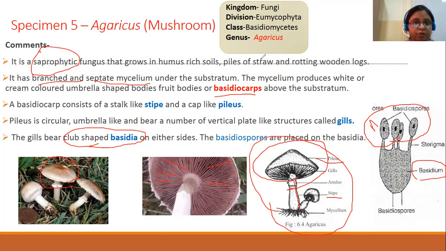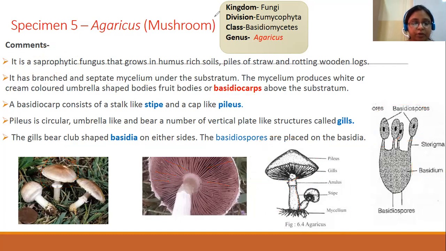We have the specimens of all of these. Now I will show you, and then we will again go together and study it. The next is the